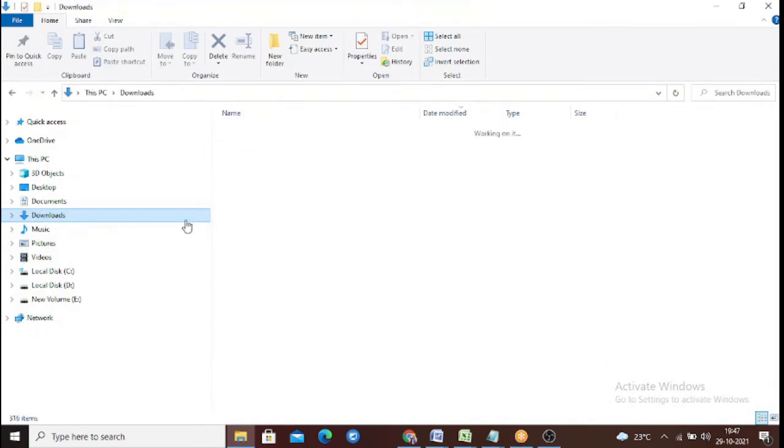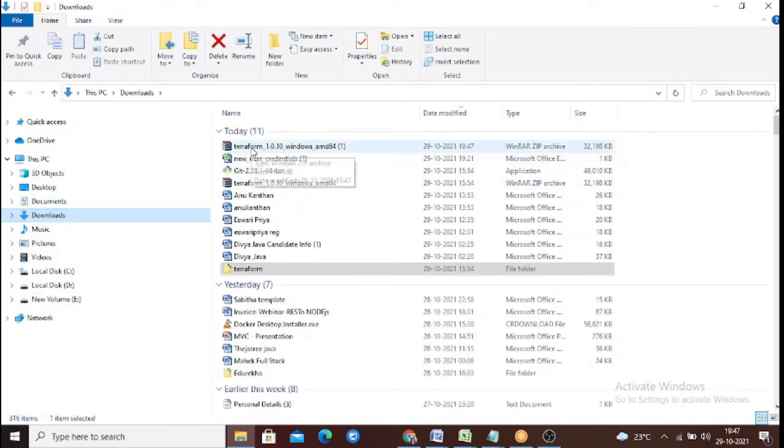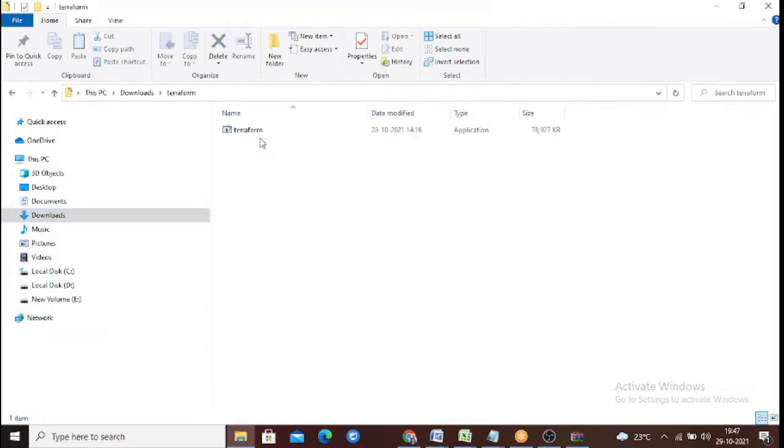So the thing is, this is a zip file. You just need to extract it. And once you extract, make sure that the application file is ready for you. So your download is completed. Very simple steps, very small file. And then the next step is you need to add the binaries of your Terraform to your environment variables as a system path variable. Let's copy the path of this Terraform installation folder where you extracted your zip file